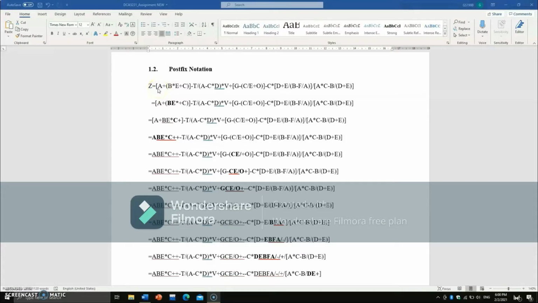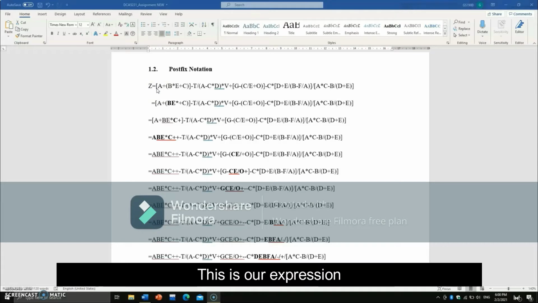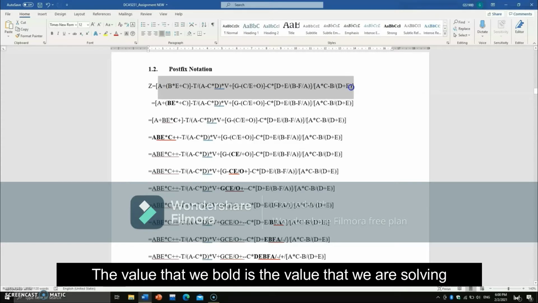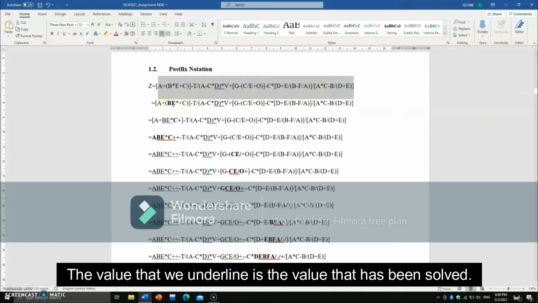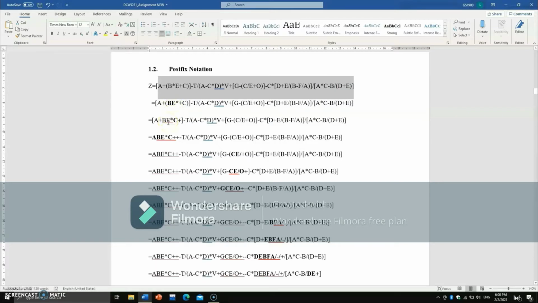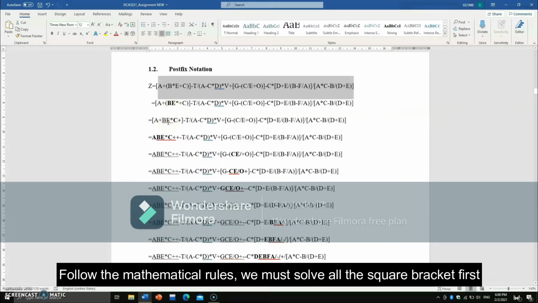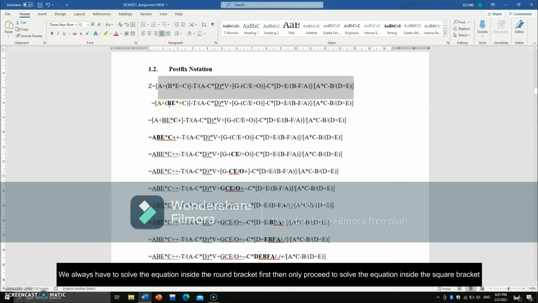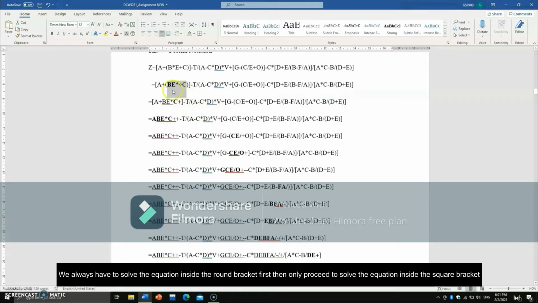Okay, now we are going to convert the expression to postfix notation. Then this is our expression. The value that we bold is the value that we are solving. The value that we underline is the value that has been solved. Follow the mathematical rules. We must solve all the square brackets first. We always have to solve the equation inside the round bracket first, then only proceed to solve the equation inside